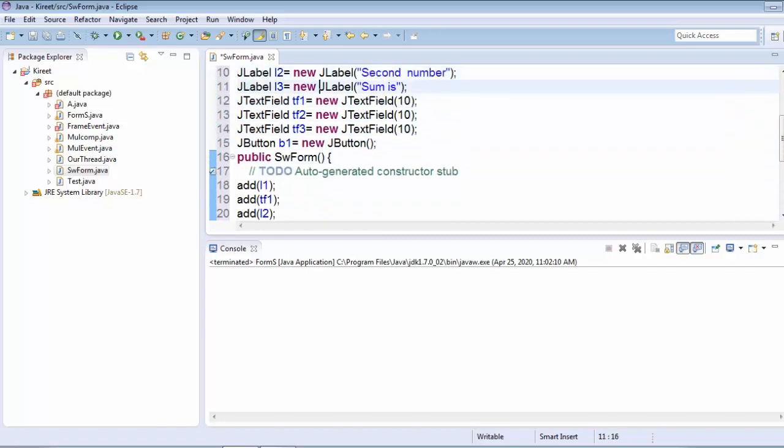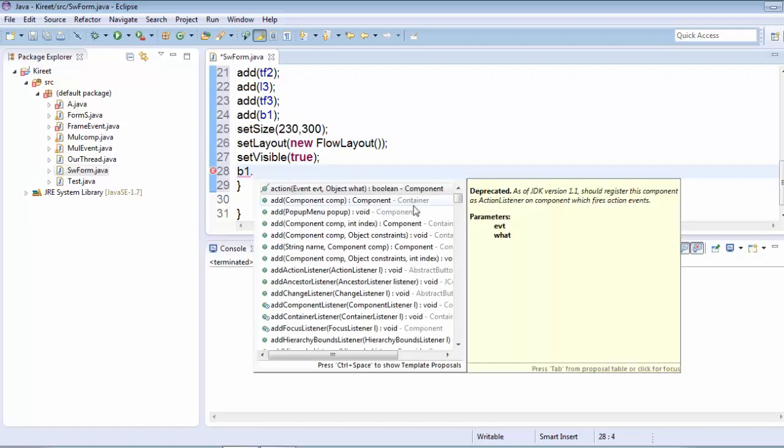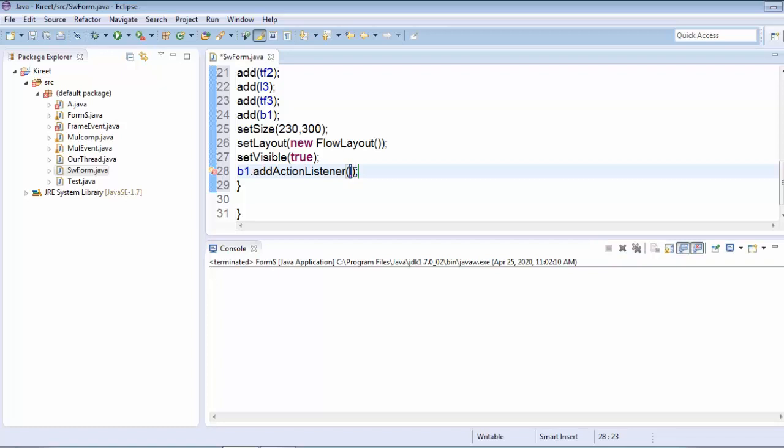So now we have to add a listener. For the listener we'll write b1, because we have to add the listener on b1. When I write b1, it has displayed so many things. I am interested in this addActionListener, because the event will be generated at this b1, and we have to register our object, our class, in this listener. So we'll pass the current object, that is this. I hope this is clear to you now. We have implemented the same in AWT also.